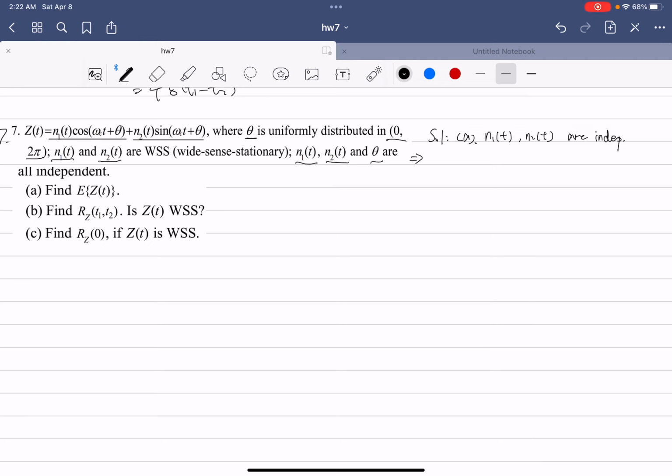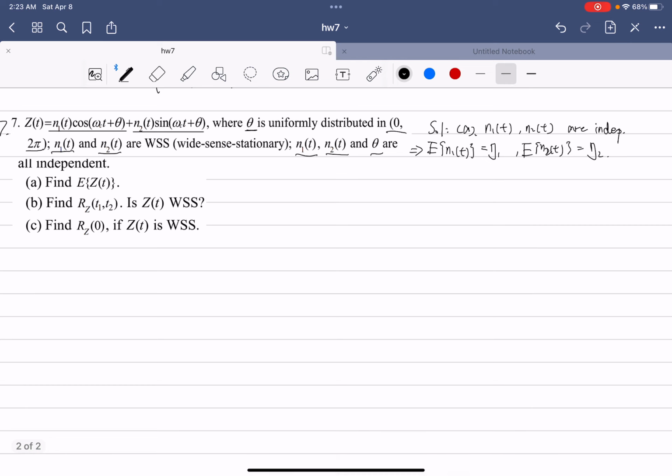That is, the mean of N1T will be h1, and the mean of N2T, let it be h2. They are all constants,